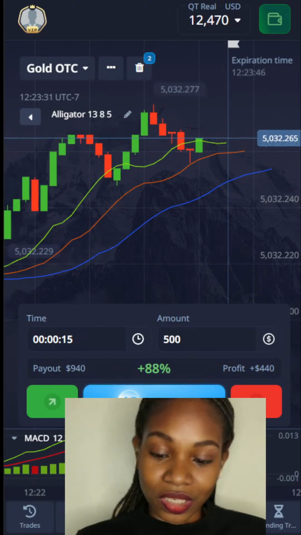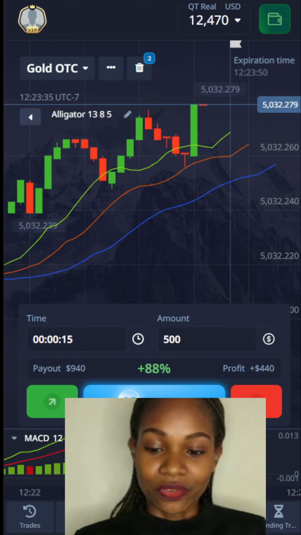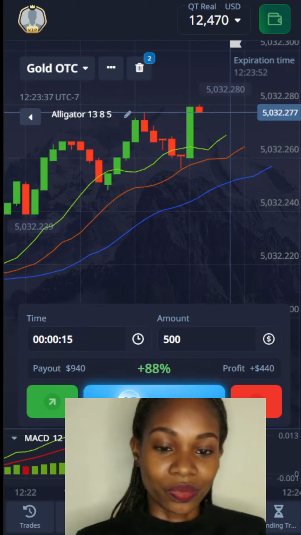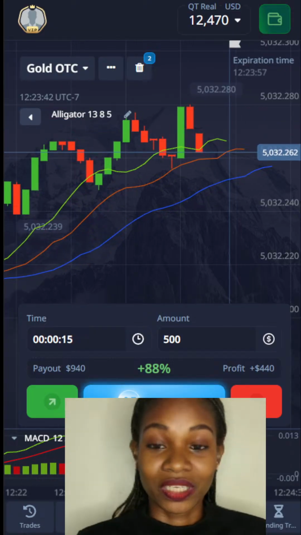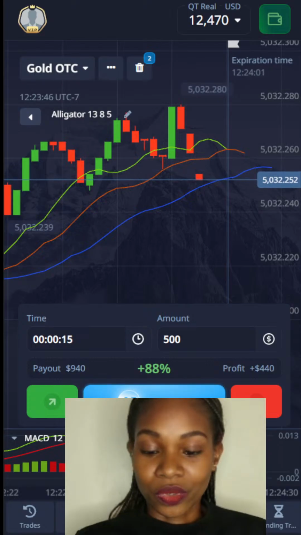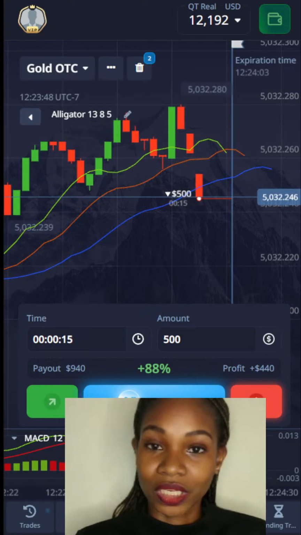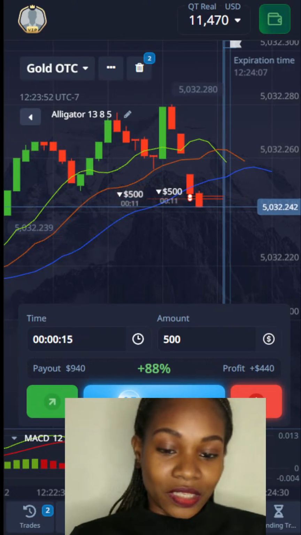Because at the end of the day, in binary options trading, we are basically looking for the direction, we are looking for the strength of that particular trend for us to place in a trade. Those are the small confirmations that we look at for us to place in a trade. Okay, so that is what I can say about